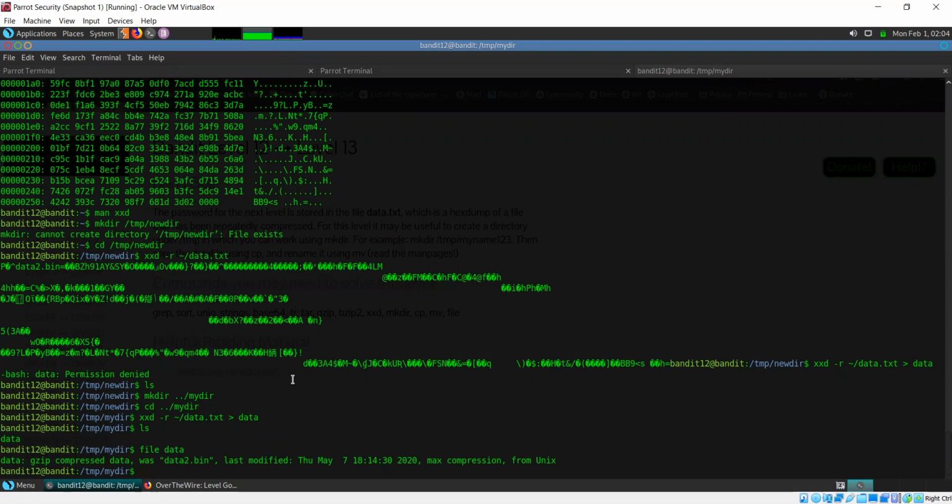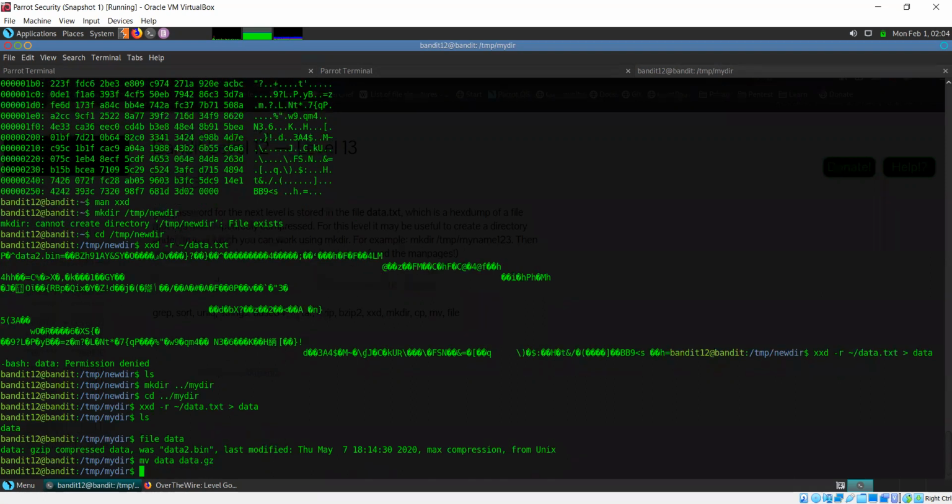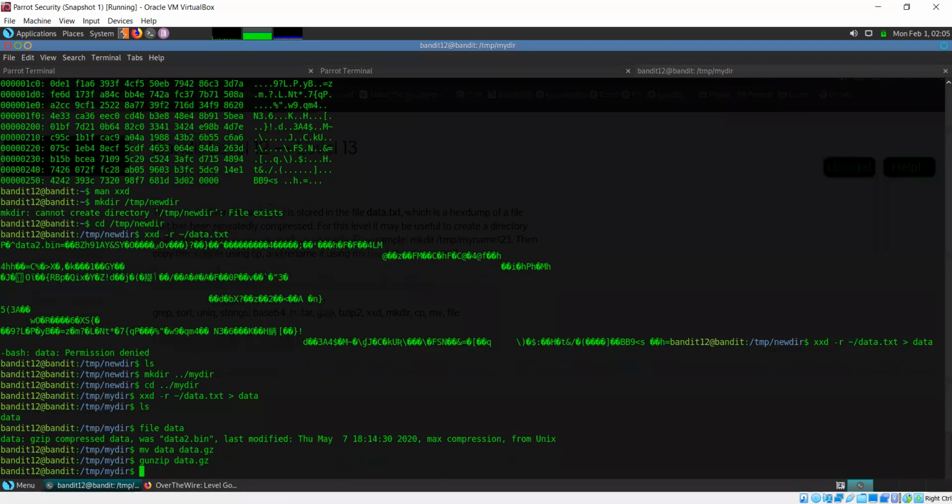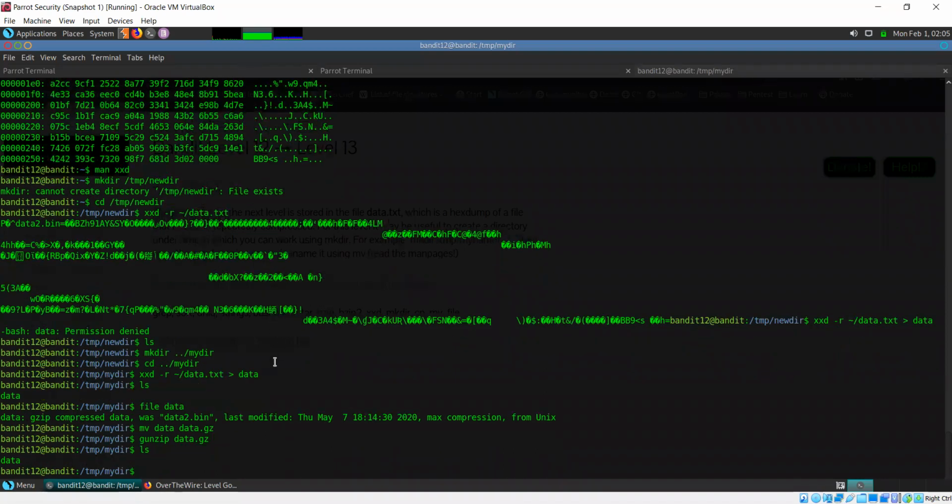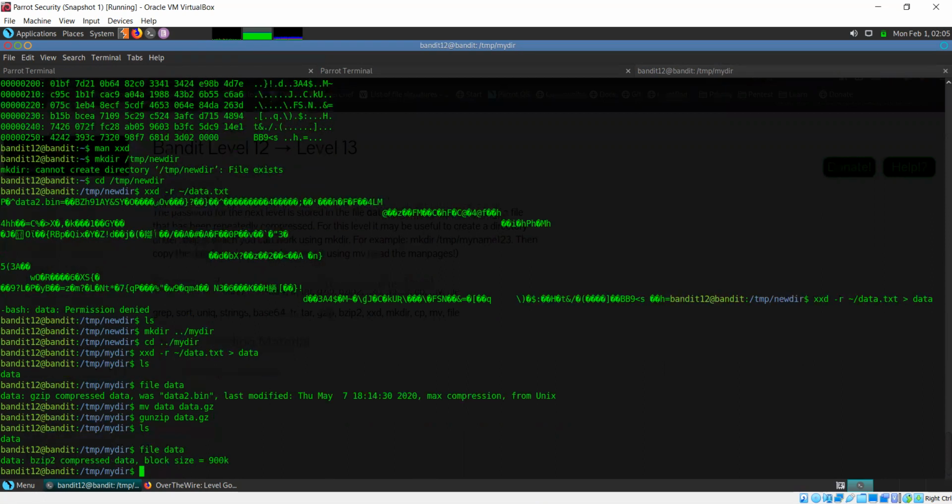Gzip will not work unless the file has a .gz extension, so we need to make that the case. Gzip can also be used with a different option, but you can also use gunzip data.gz. ls data. So after our decompression, we got another file.